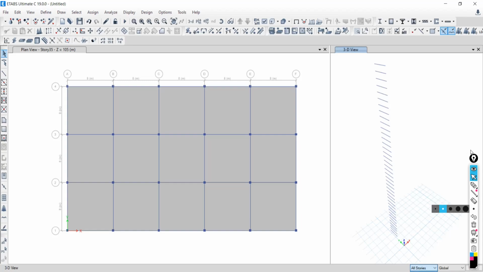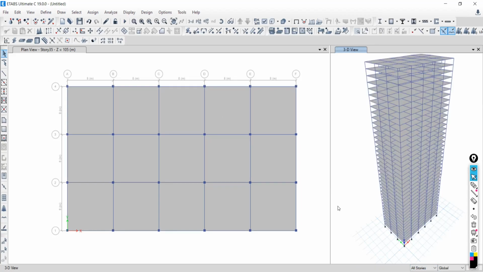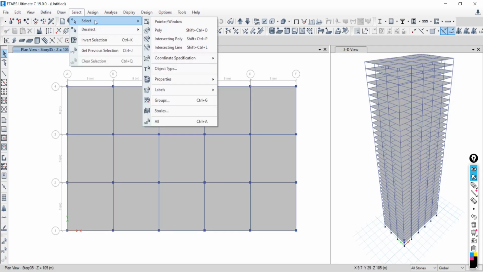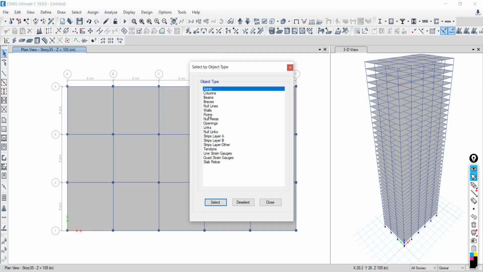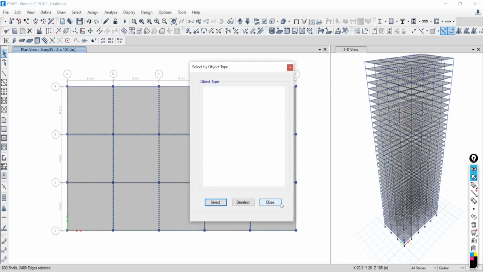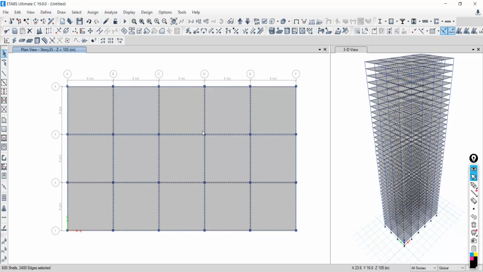Sometimes what happens? Select this, show all objects: right click on this window, show all objects, and everything will be there. I have to select only the 4 corner slabs at all the floors. What option is there? If you follow the long way, go to select, go to object type, and when you click on floor and say select, all the slabs will be selected.